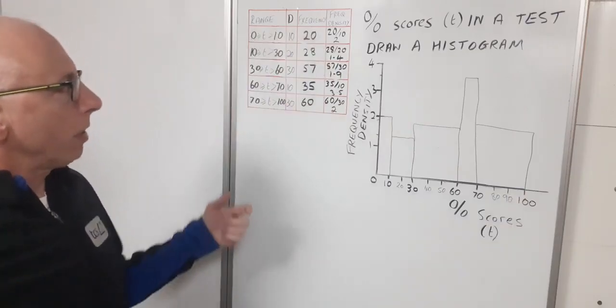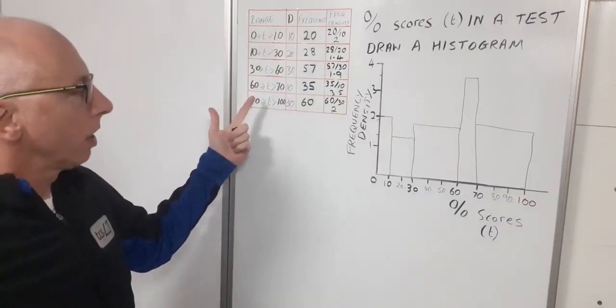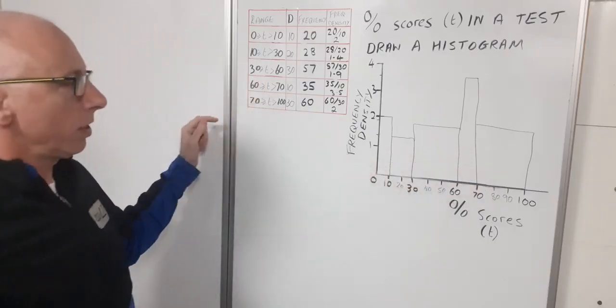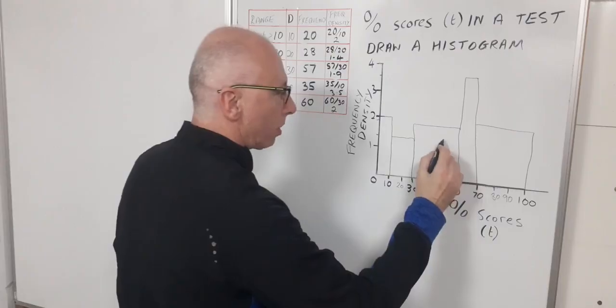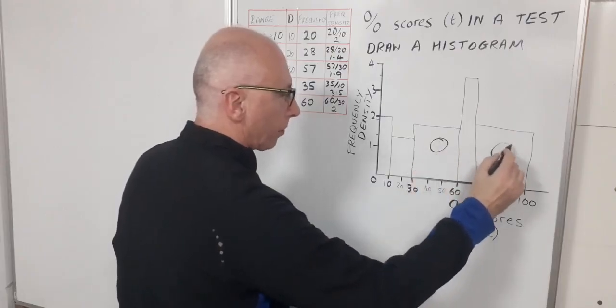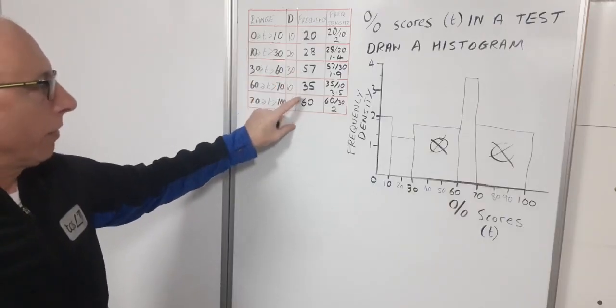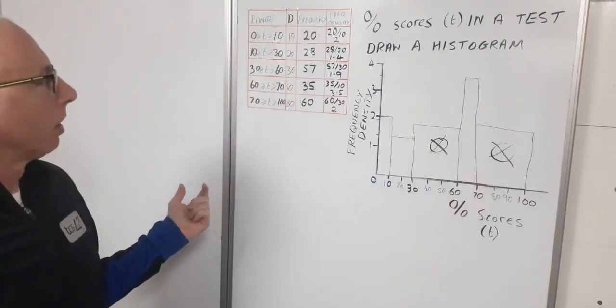And there's a histogram to represent that table of values, and the area of these would represent all values. You can see here the biggest areas are going to be this one and this one, and you see they've got the highest frequencies, 57 and 60, so that's proportionate. Okay,